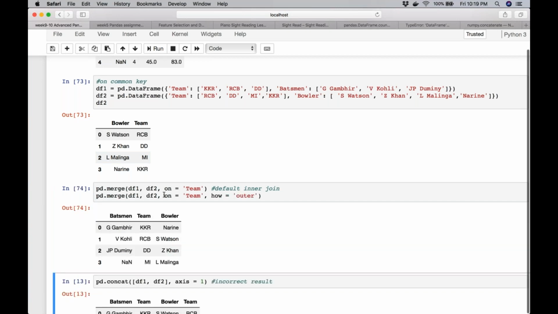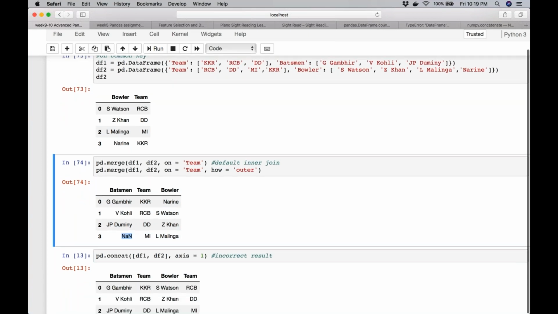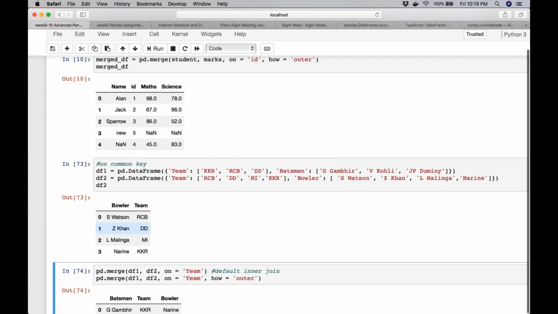If I use the parameter how equal to outer, it's going to also add the last team name MI, where we have a bowler name, but this data is missing in DF1, right? So in the place of the batsman, we got a NaN. So this is how it works, even if the rows are not neatly aligned.